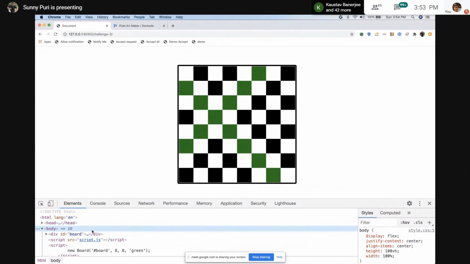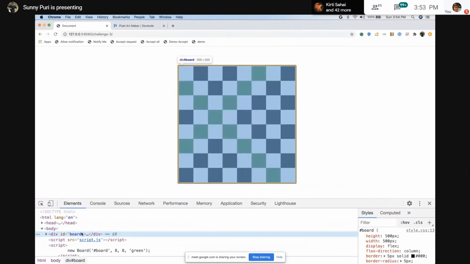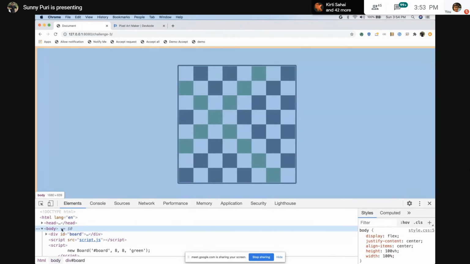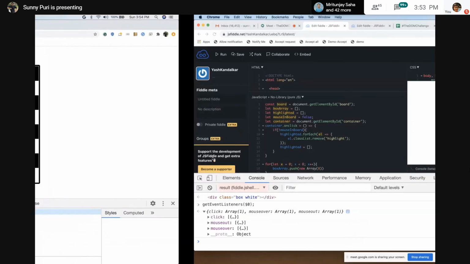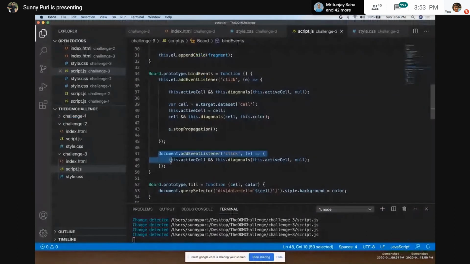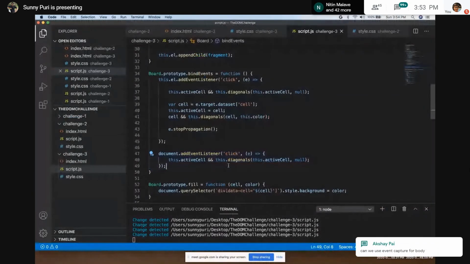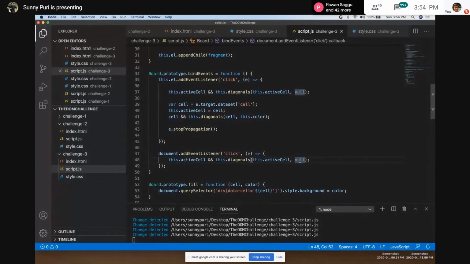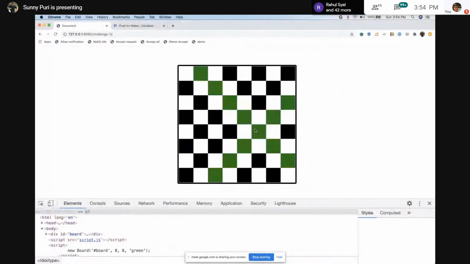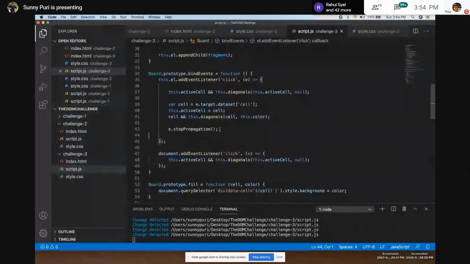Okay, so when we click anything on the board, after that the click event is passing to the body, and the body passes that event to the document. So this is what is happening. And we have attached another event listener to the document. It feels like you are calling the document again and it is resetting it again. So you have to think of where to apply stop propagation. So how to do it? When you click on it, in the board you have to write, don't pass the click event to its parent.